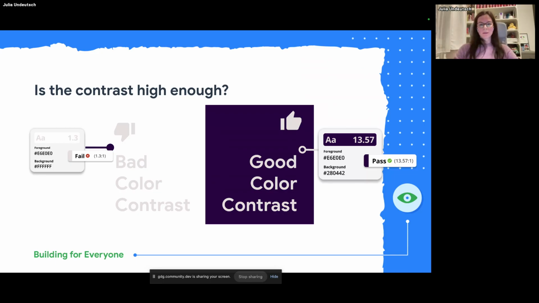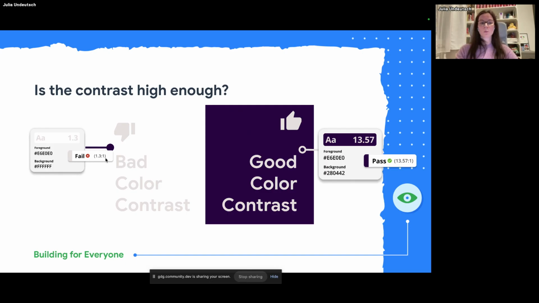So for the color contrast, I have two examples saying whether the text is perceivable. For you, it would say that there's a bad color contrast. It's a grayish foreground color against the white background color. And on the other side, there is this purple background color with the same grayish color as the foreground color. And I really hope this is an extreme example and that no one uses this kind of color contrast, because it's really bad. As you can also see, it fails very badly.